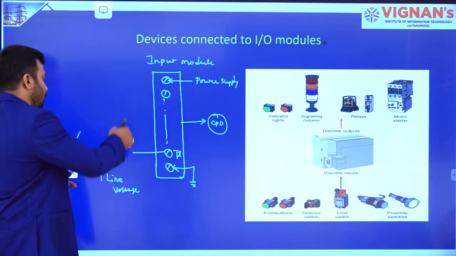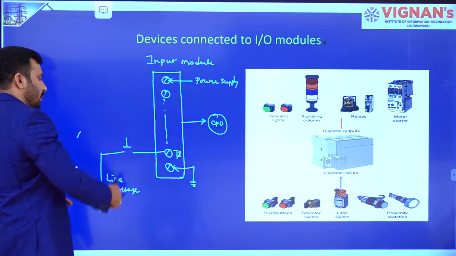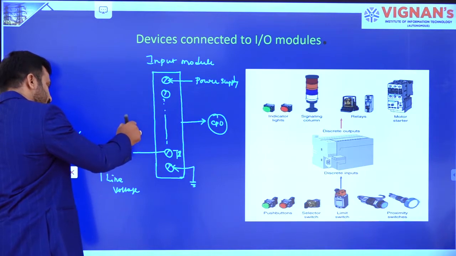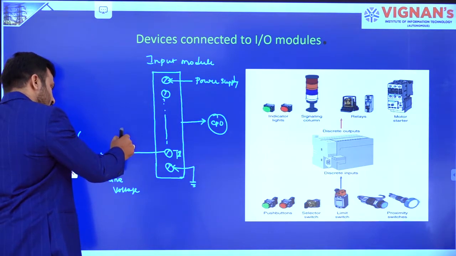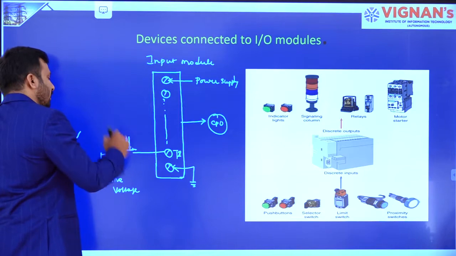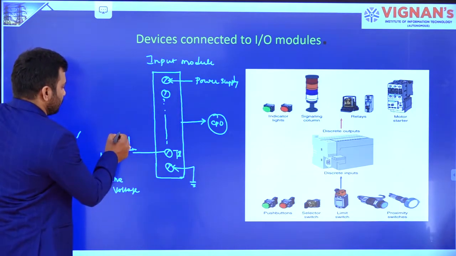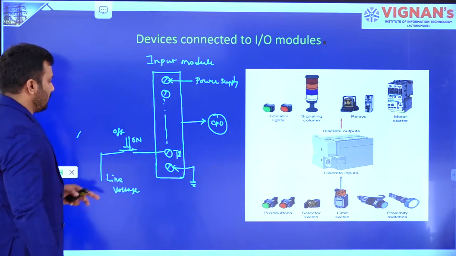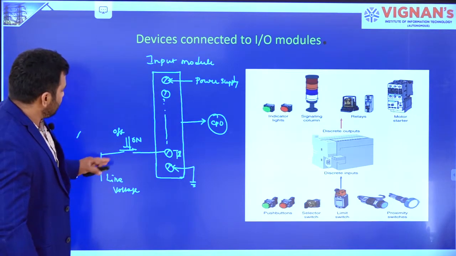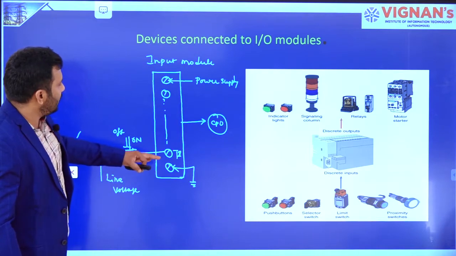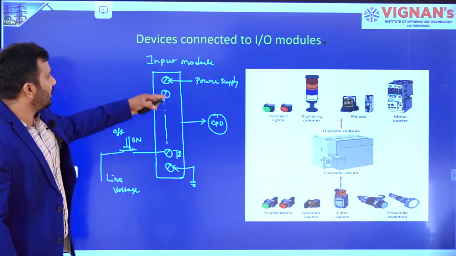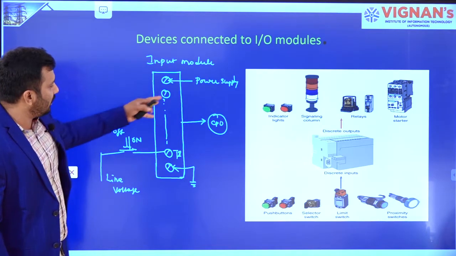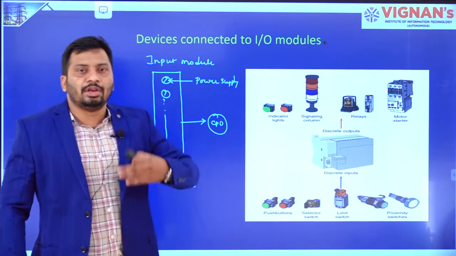For example, if you push this particular button, the normally open push button, what will happen? Once you push, it is going to be connected across these two terminals. This is the off condition, and this one is the on condition, right? Once it is pressed, this line voltage is going to act like an input. Internally it is going to take 24 volts or whatever power supply is connected, and that is going to act like input to the internal circuit present in the input module, right?